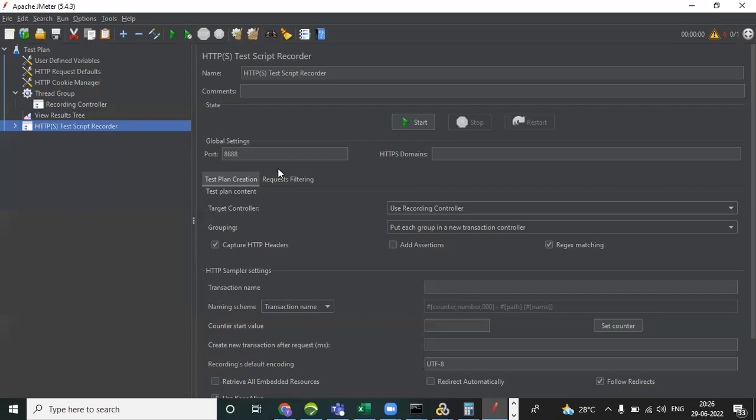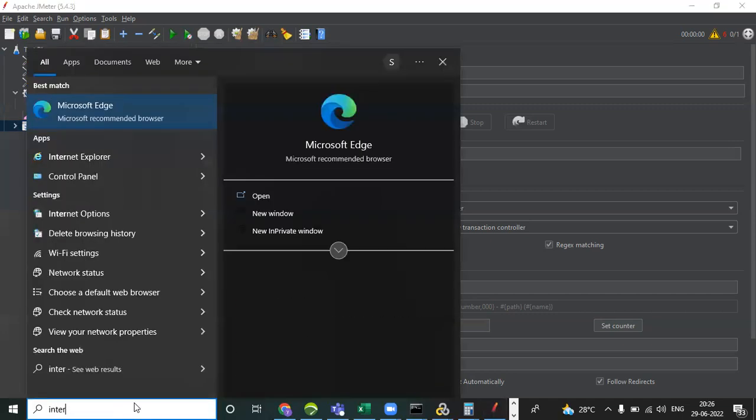So how you need to record means you can click on the start recording button, and recording happens automatically. Before that, once your installation is completed, you open this, then we need some prerequisites. JMeter means we can't directly do further testing. So what you need to do is go to IE, Internet Explorer